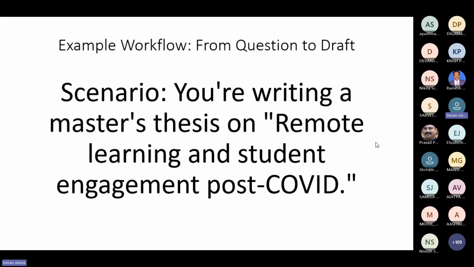Now, for example, if you want to write a master thesis on remote learning and student engagement post COVID, and this is what you are interested in,